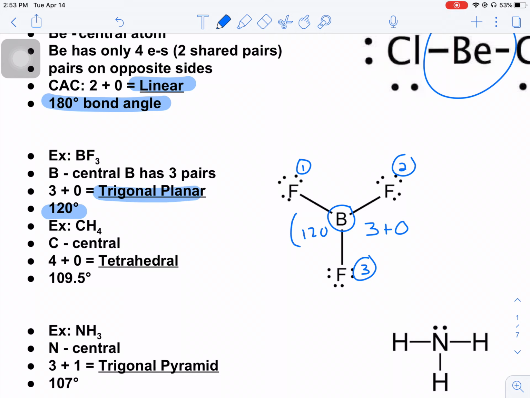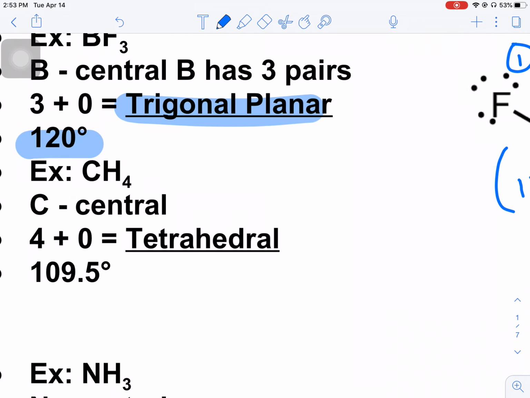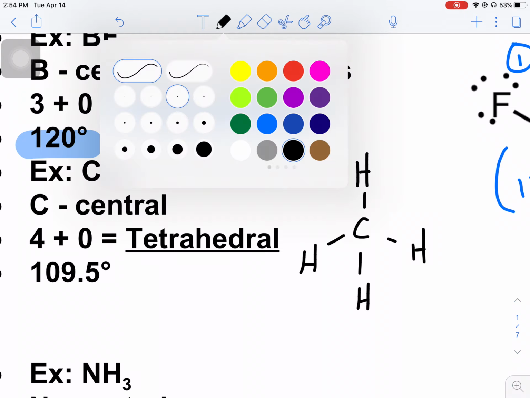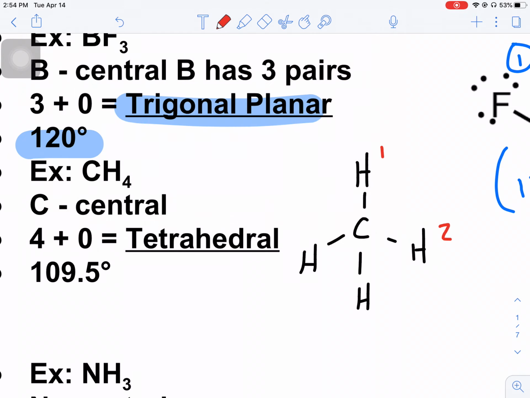All right, my next example is going to be methane. I don't have a structure for methane, but I can draw one really quick. So methane is going to have carbon in the middle, surrounded by 4 hydrogens. The first thing we want to identify is the central atom. The central atom is carbon, and carbon has 1, 2, 3, 4 neighbors. And carbon has 0 unshared pairs, so carbon has a 4 plus 0 center atom combination, which leads us to